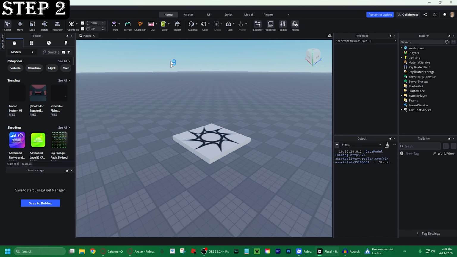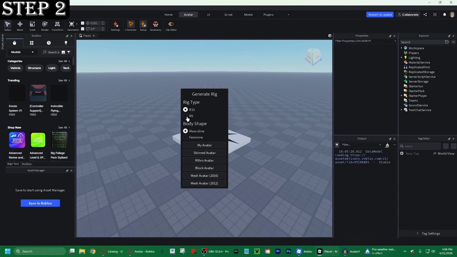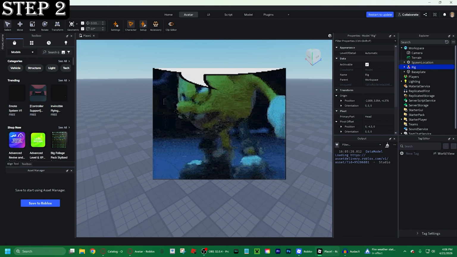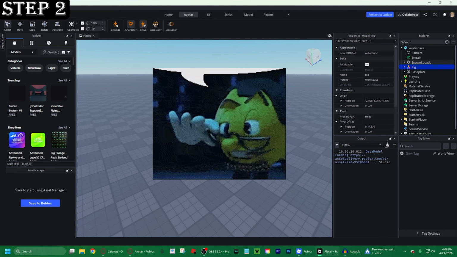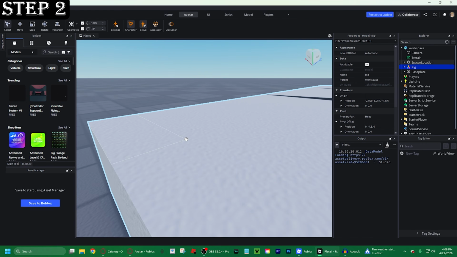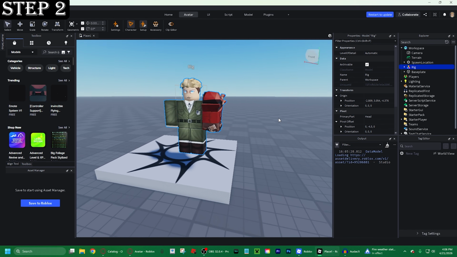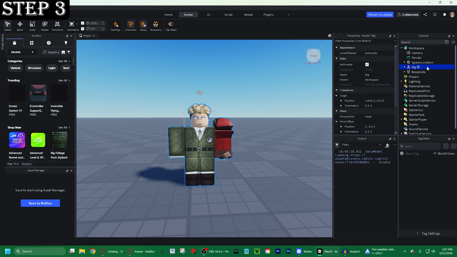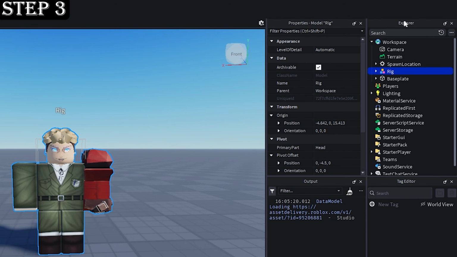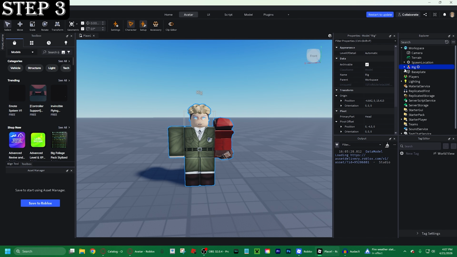So now we're gonna go to the avatar tab up here. Click that and go to character and then press R6 and my avatar. For accessories, you can actually go R15 or R6. I don't really know the difference, but if you want to copy clothing, then you have to go R6. So now that we have this rig, we can go over to the Explorer panel, should be underneath Workspace, and